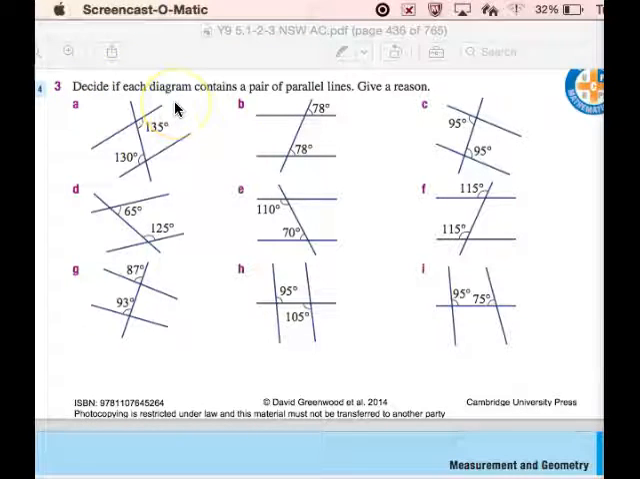7b, we're just going to talk through these. Girls, are these two lines parallel? No, because alternate angles are? They're not equal. So describe if each diagram contains parallel lines. So this one, you'll say the lines are not parallel because? They're not parallel. Because,